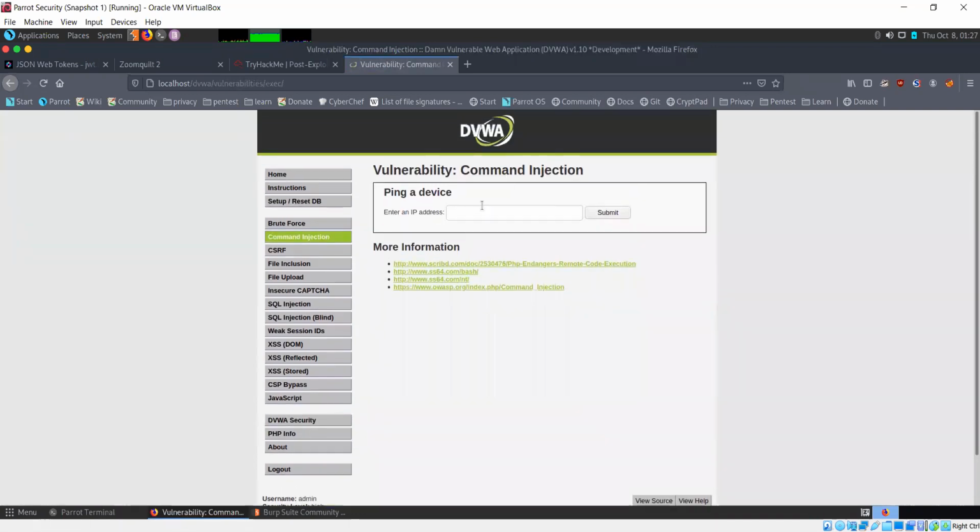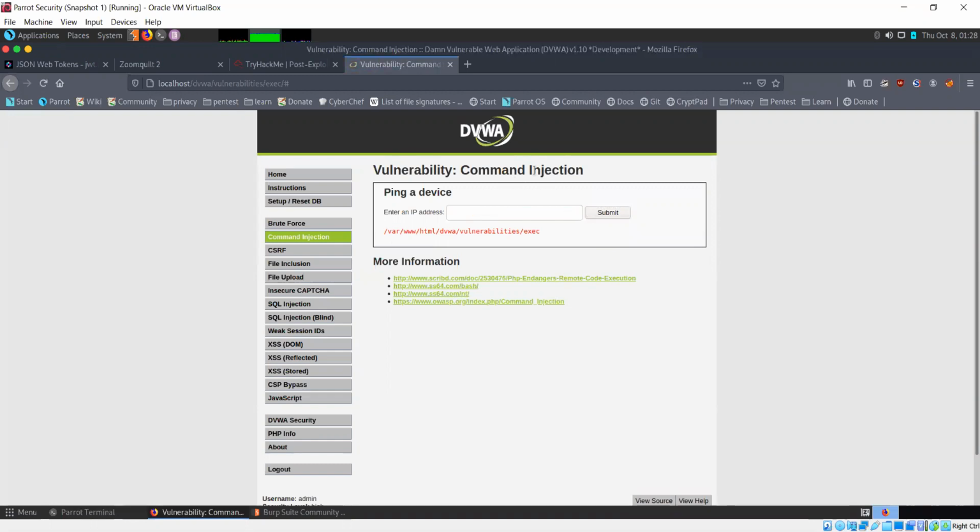Now on high, let's try the previous one and see if we can run it. No, we cannot. And even this would not work. Let's see if it works or not. Okay, so this worked in this case. The first one did not execute, but the second one did run.